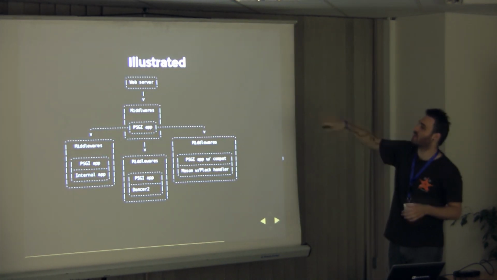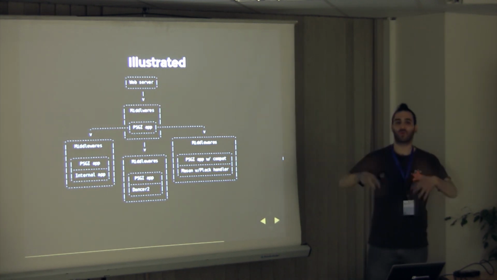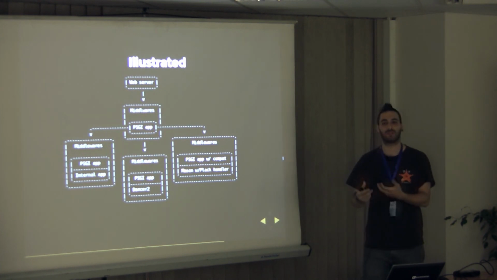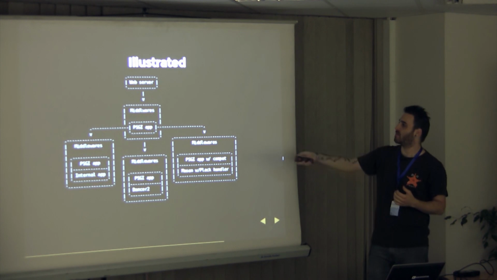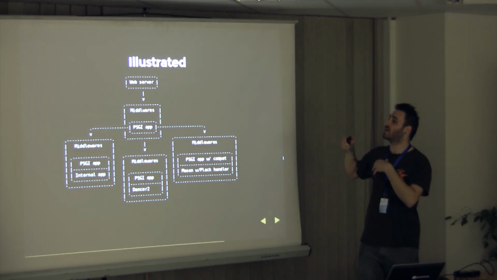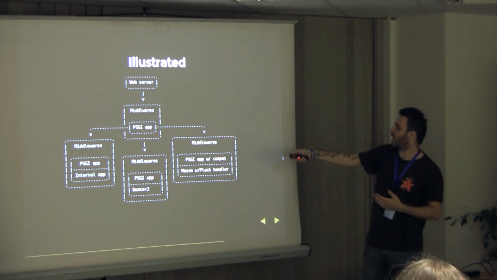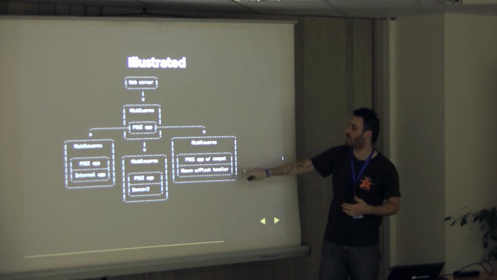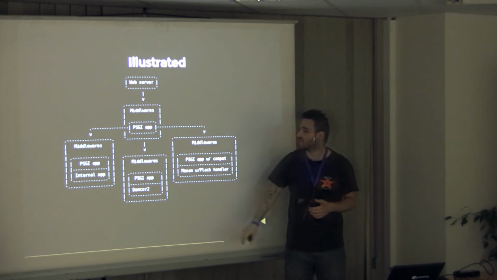It looks kind of like this. The web server, I'm really simplifying here, but basically a web server comes in, there's a lot of middlewares to do a lot of changes and fix-ups to the requests and to different objects in the system. And we have an internal PSGI app, which in turn forwards it to different applications. So we will have this nice PSGI compatibility over the old Mason framework. We will have a Dancer application.